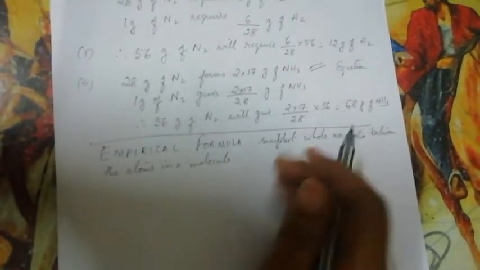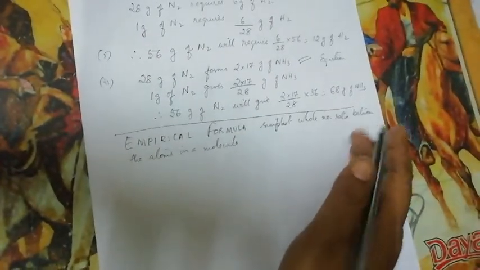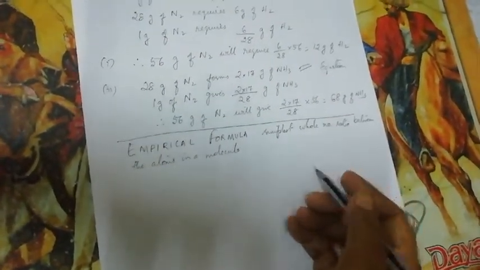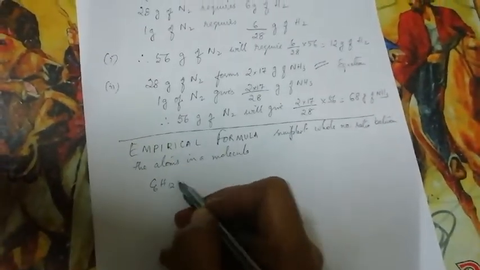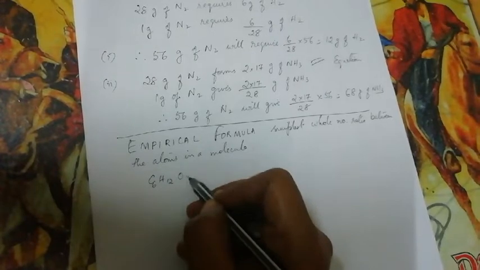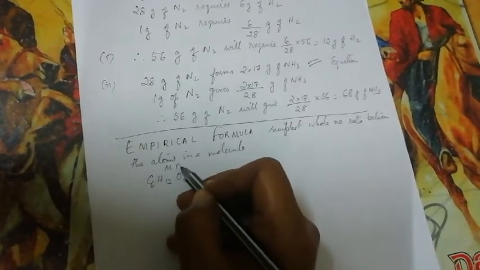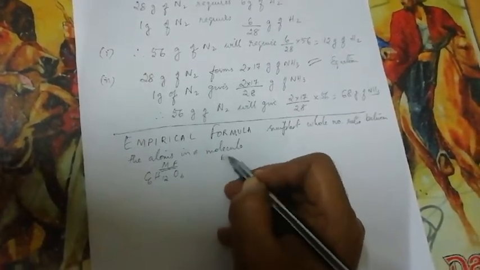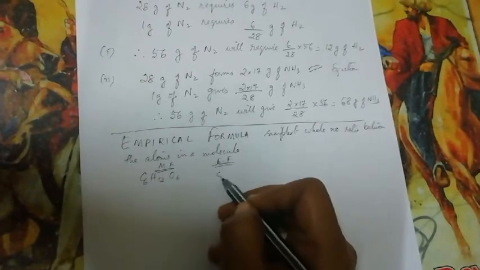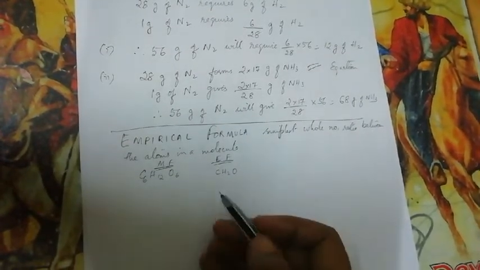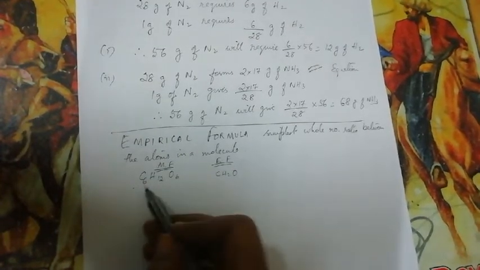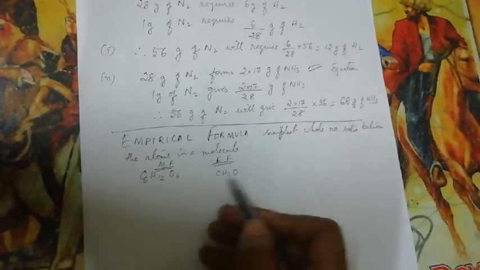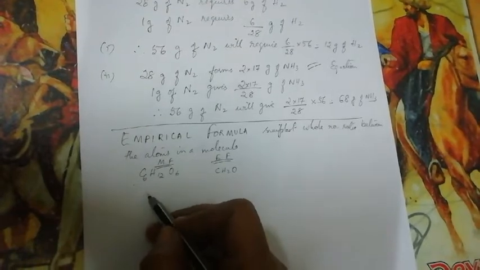It is a formula giving the proportions of the elements present in a compound but not the actual number of each atom. For example, suppose we have glucose. The molecular formula is C6H12O6. This is the molecular formula. Its empirical formula will be CH2O. How did we derive that? By taking the HCF of all the three ratios and then dividing it by the 3 elements.